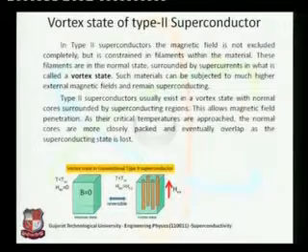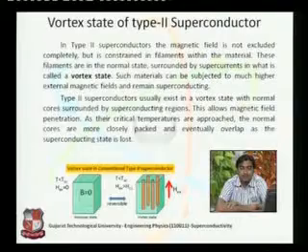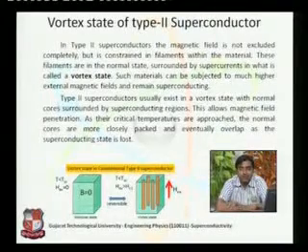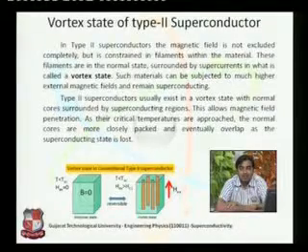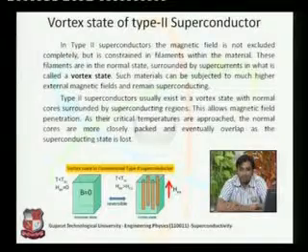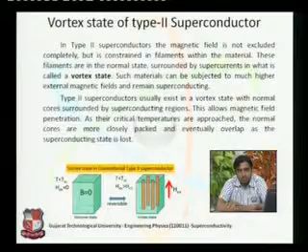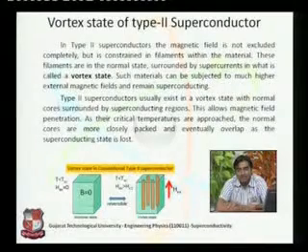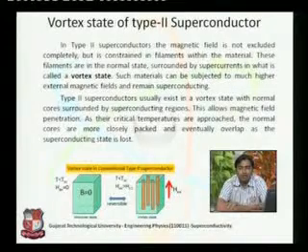It is going to throw out that magnetic field from the material, and that we already know, we call it the Meissner effect. But now if we increase the magnetic field more than Hc1, it is actually a forceful encroachment of the magnetic field into the material, so it will try to pass through. As shown in the diagram, if T is less than Tc and H is less than Hc, or the applied magnetic field is 0, then the material is a perfect superconductor and it is not allowing any magnetic field to pass through. If a field is applied which is less than Hc, the field is going to go outside the material, and it will not allow it to pass through.